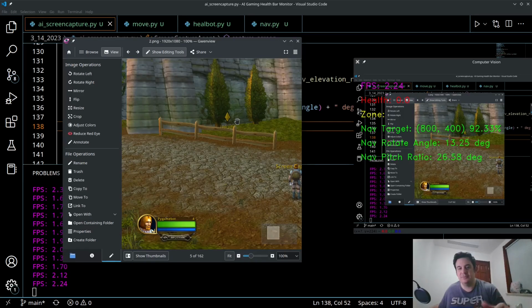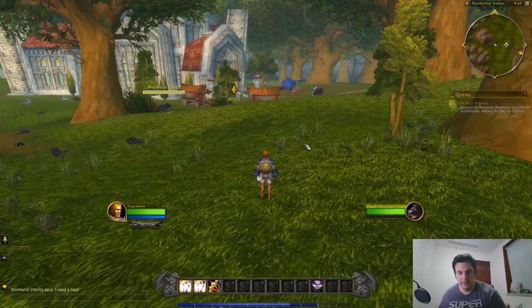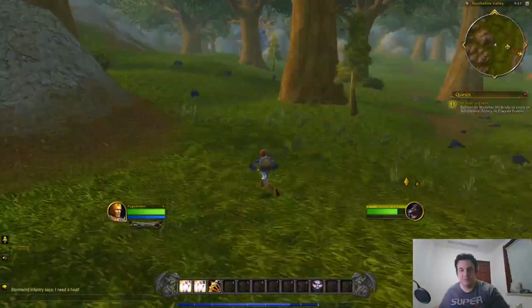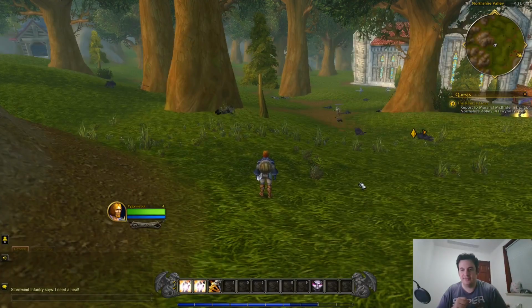So before we talk about the geometry and the coding, let me show you an example of this in game. Okay, so here I am in game. Now what's going to happen is I've programmed the AI so that it tries to keep me within about a 10-degree arc of the target. So it doesn't have to be exactly 0 tolerance, because we don't want this thing to be constantly twitching. But once we're in about a 10-degree arc, it's going to consider that a match. So what I'm going to do is first rotate away, and you'll see I'll take my hands off, and the bot's going to try to move towards that